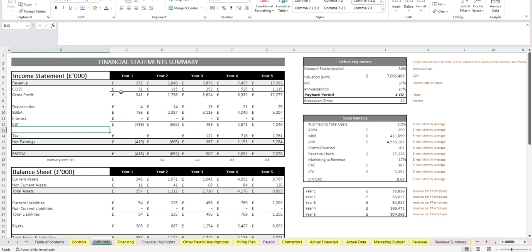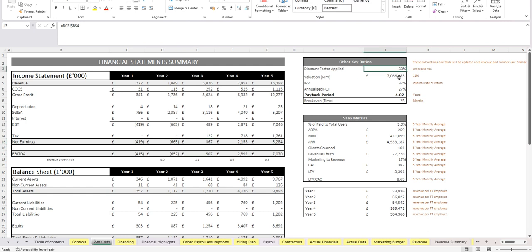So you see here, they have the income statement in thousands: COGS, net earnings, EBITDA. And you see here that these guys, for example, they estimate they have some kind of profit here in year 3, okay? Some other key metrics,